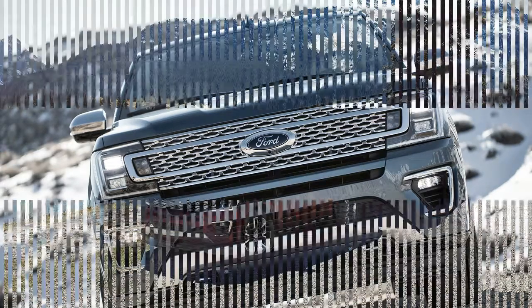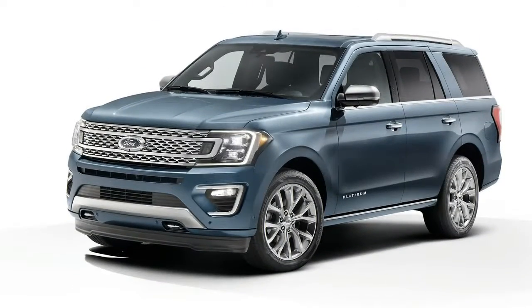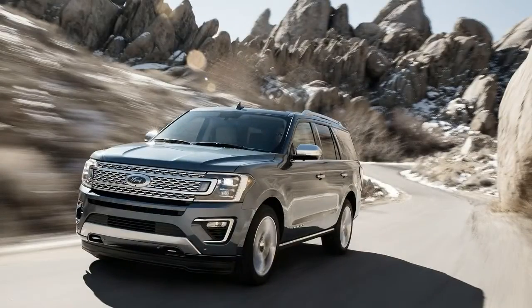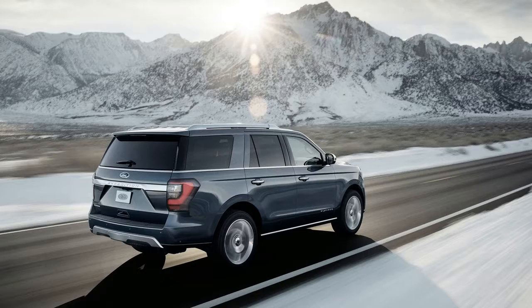Overview. An updated EcoBoost 3.5-liter twin-turbo V6 with more power and torque will power the 2018 Expedition, and the 6-speed automatic has been replaced by a new 10-speed unit that first saw duty in the F-150 Raptor. Expect the 2018 Expedition to be able to tow more payload and have a larger cargo capacity than the SUV